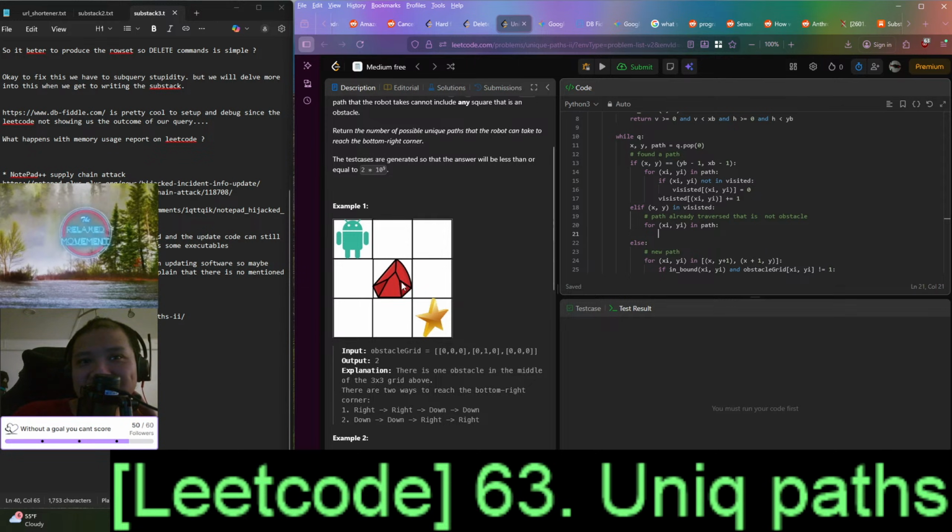Let's say that this is not obstacle, right? When we land here, there's gonna be two paths here, right? So path here and then path here, so it's gonna be two. And the fact that it's two is because this one has one, this one has one.